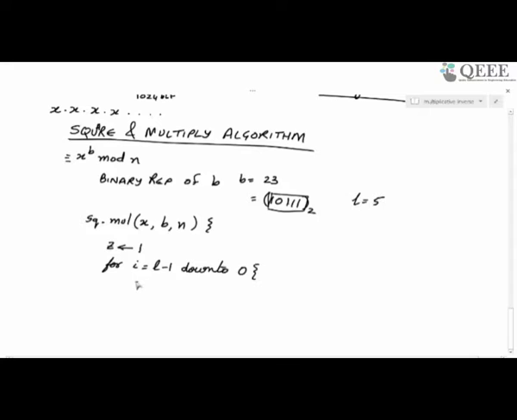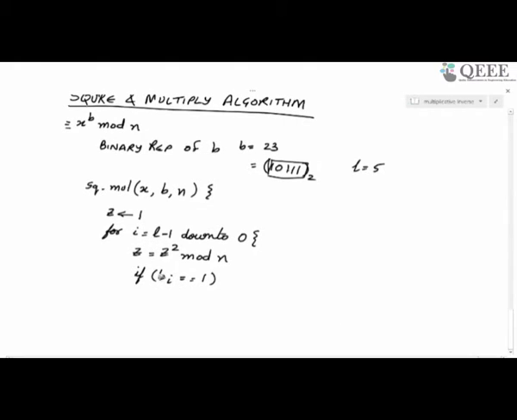So do this, then you compute z equal to z squared mod n, and if bi is equal to 1, then you compute z equal to z into x mod n, and then finally return z. So essentially what this particular algorithm is doing